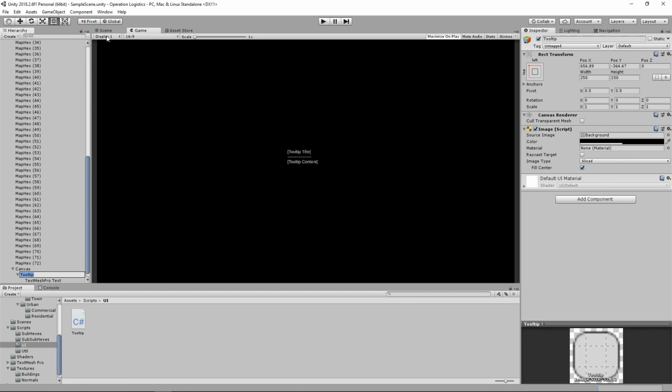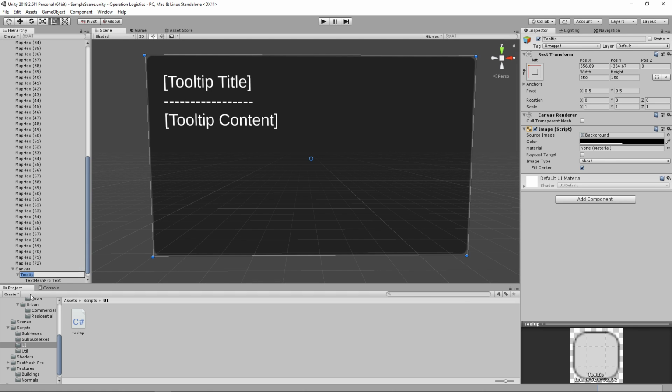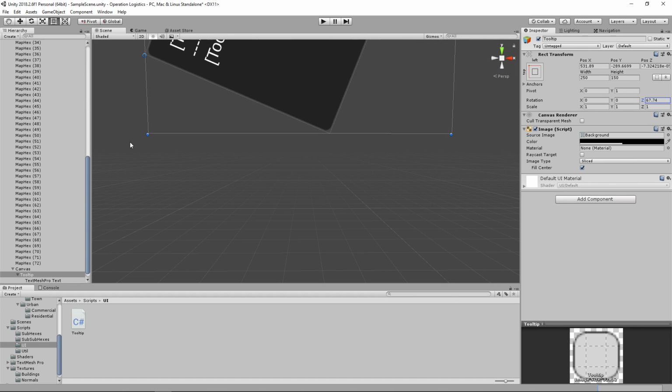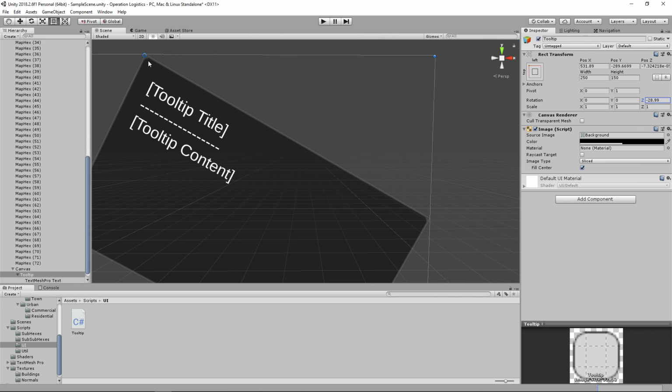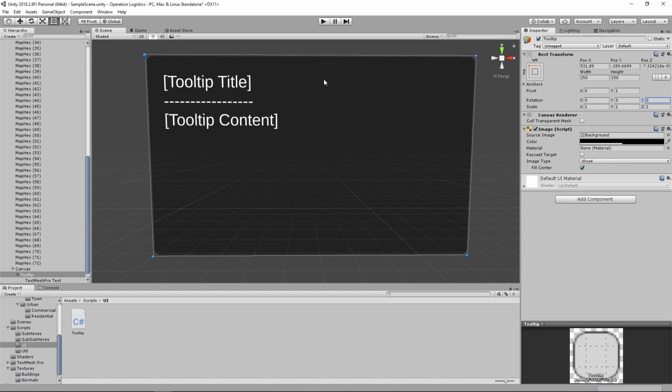Okay, so the tooltip is currently set so that it is top left anchor. Let's set the pivot as well to be an X of 0 and a Y of 1, so top left. So the pivot point is now here, which means, I believe, if we were to rotate this along this axis, yep, you can see it pivots right here. So this is the anchor point for us. Okay, so with that being the case,